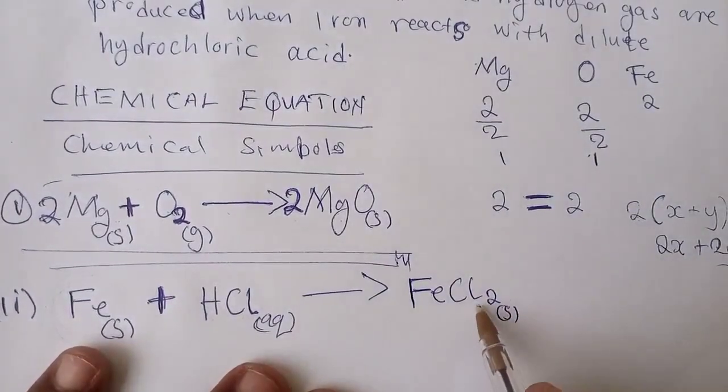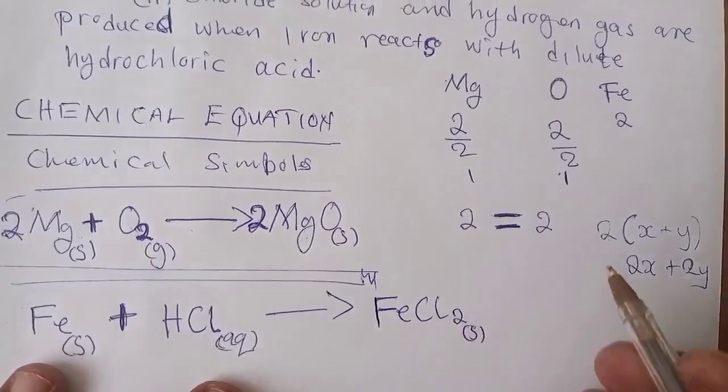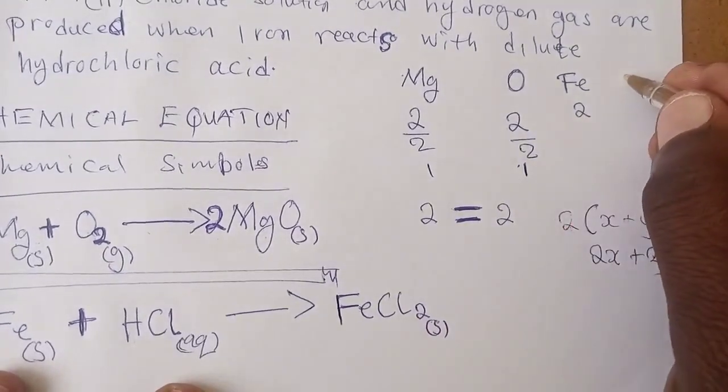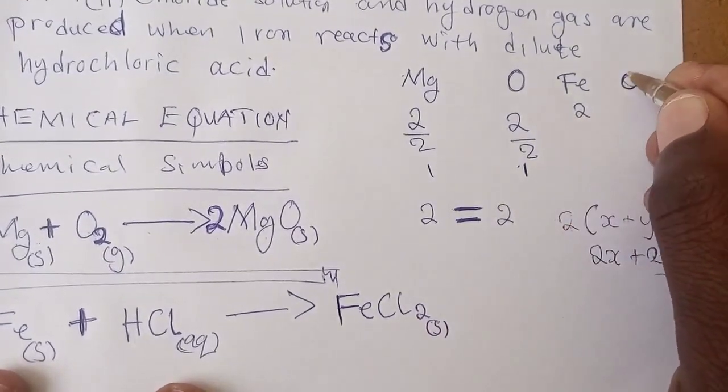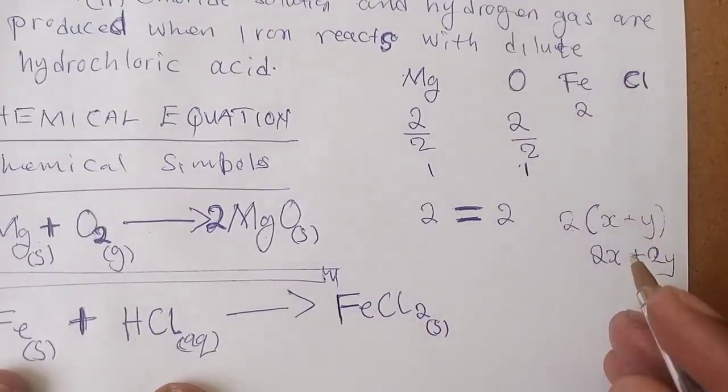Where did I get this? So iron is reacting with what? With chlorine. So chlorine is in group 7, and all